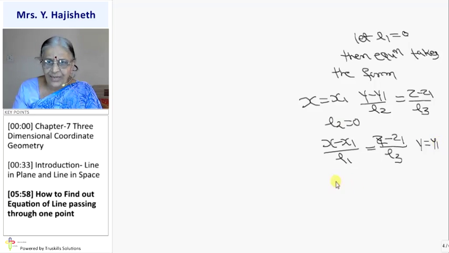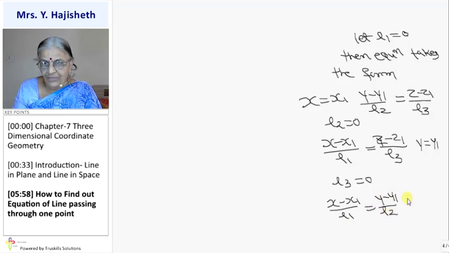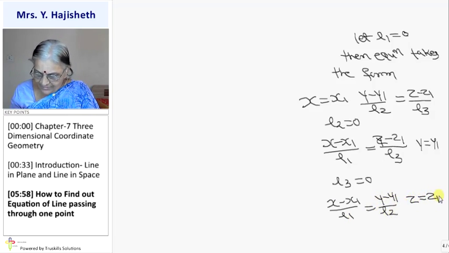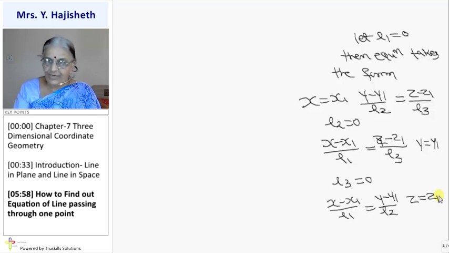Same way, suppose l3 is 0. Then my equation will be (x minus x1) upon l1 equals (y minus y1) upon l2, and here we get z is z1. That is, (z minus z1) upon 0. So if we equate it to k, then (z minus z1) upon 0 is k, so z minus z1 is 0. So z is z1. Like that. Okay, so are you clear about